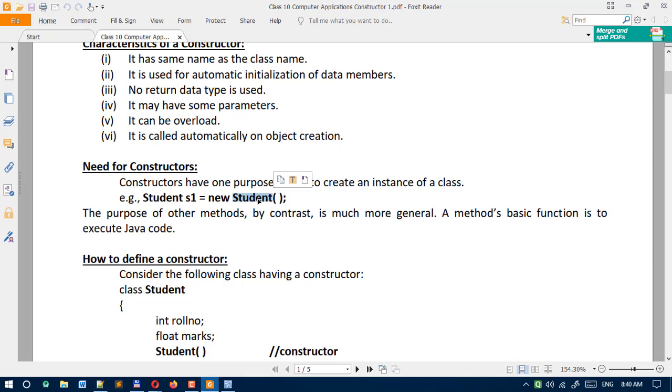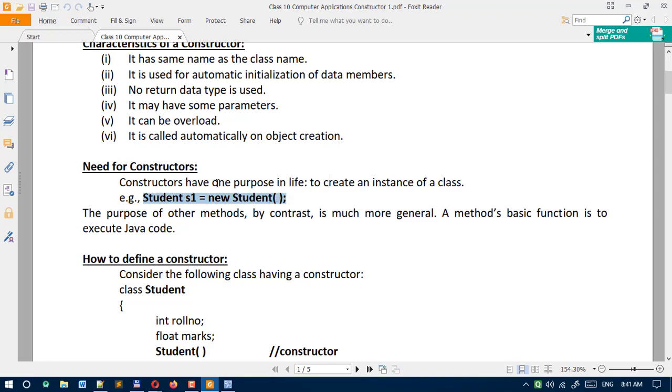One thing keep in mind, when you use the class name with the bracket, for example here Student, this is especially a constructor which is defined inside a class. This line shows how to use the constructor.